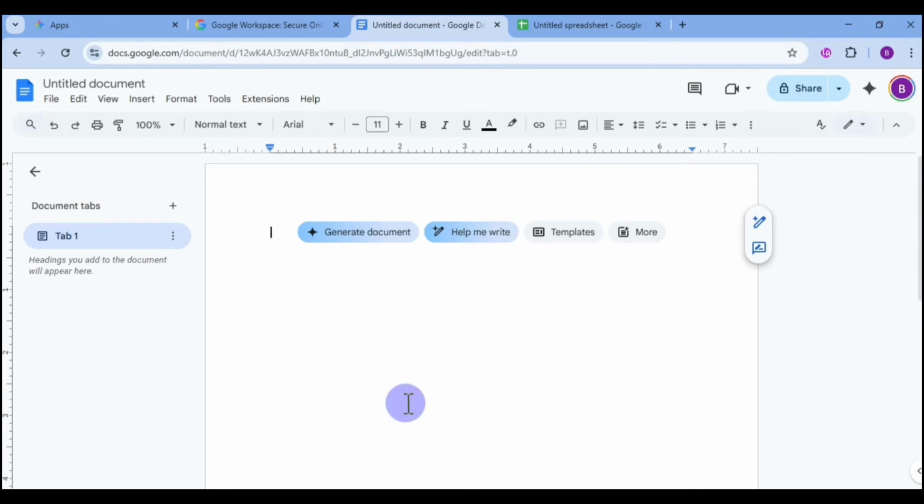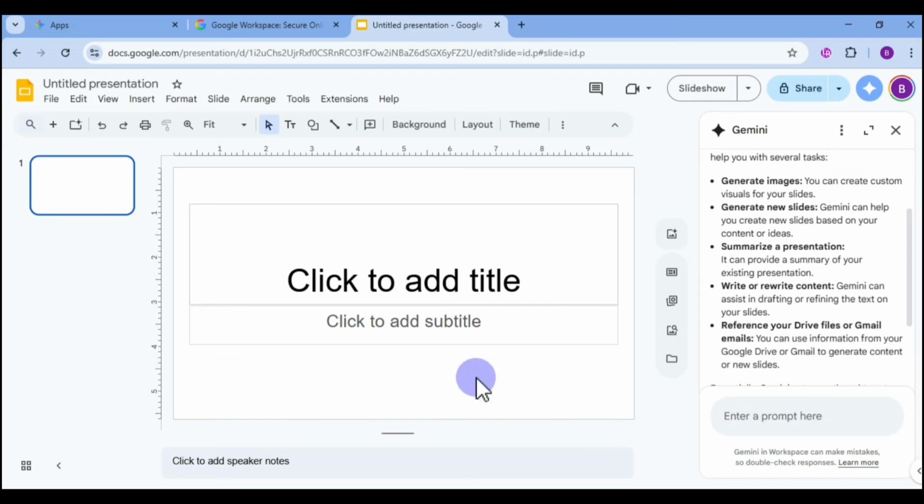And then on Google Docs, Gemini can help you to generate a document, helping you create a full document like a draft, plan, or report with a single prompt. And then it can also help you write a document, refining and expanding text instantly, or just polish it with AI-powered edits. And next on Google Slides, Gemini can generate new slides or generate an image, and then it